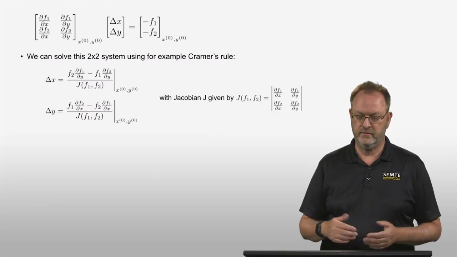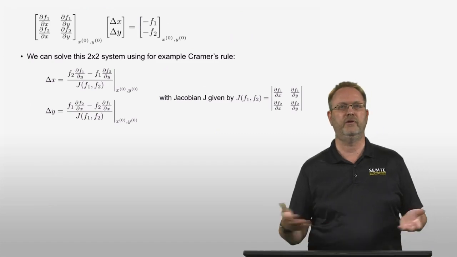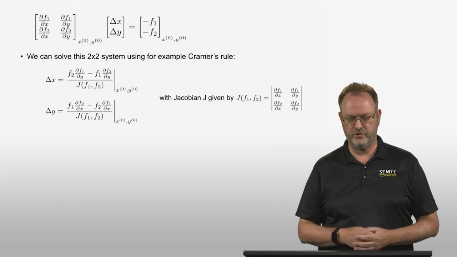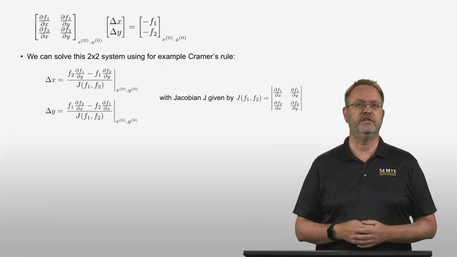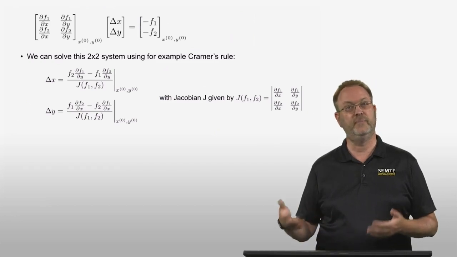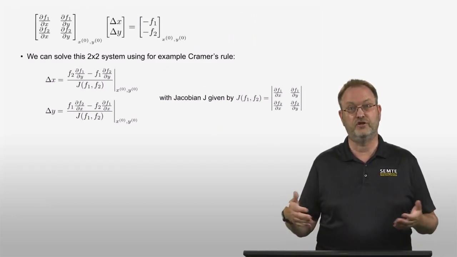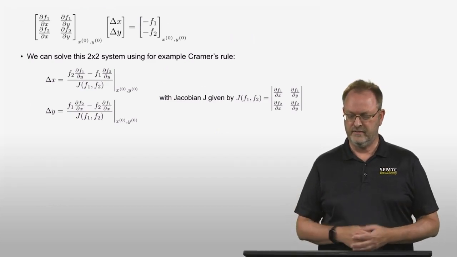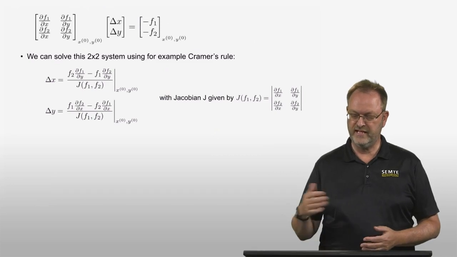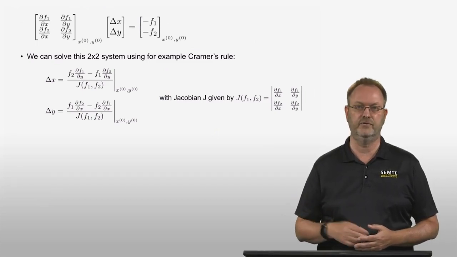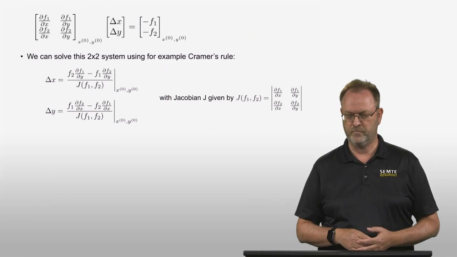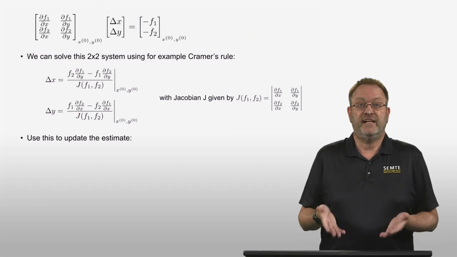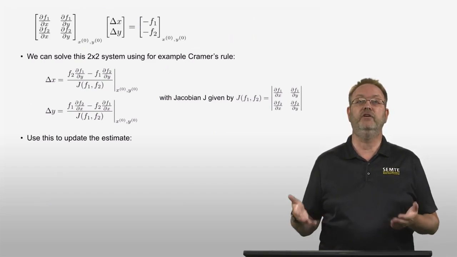Now the denominator in here, if you remember Cramer's rule, it divides by the determinant of the matrix. So that's what we shorthand here by J, because that's called the Jacobian determinant or the Jacobian matrix determinant, or for short, just the Jacobian. And that Jacobian is the determinant of that partial derivative matrix df1/dx, df1/dy, and then df2/dx, df2/dy. The determinant of that. Okay, so this is the solution for delta x and delta y. And then we can use this